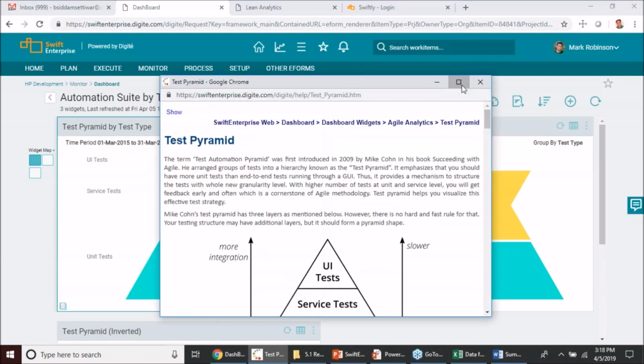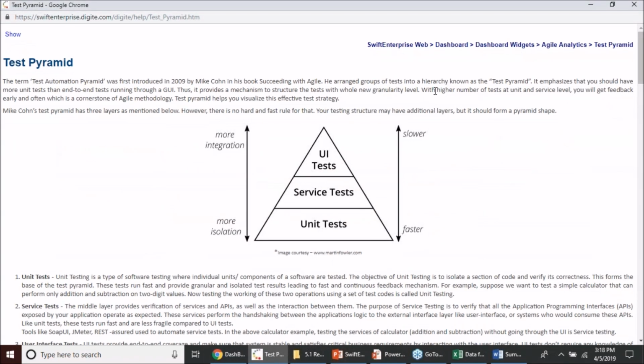So before we get into what the test pyramid looks like in our application, I'd like to set some context on what exactly the test pyramid is. This is a concept that was brought in by Mike Cohn. He's the co-founder of Scrum Alliance, and in one of his books called Succeeding with Agile, what he has mentioned